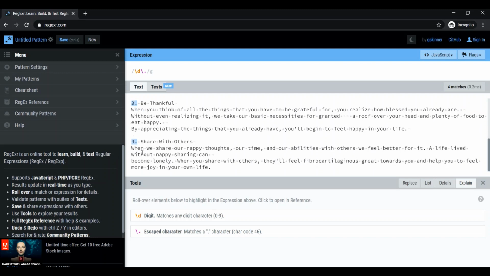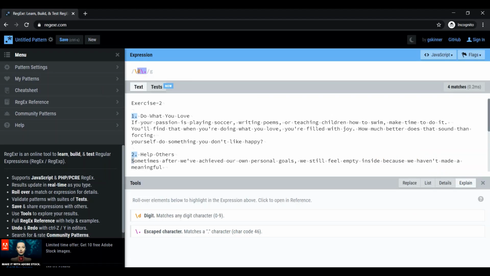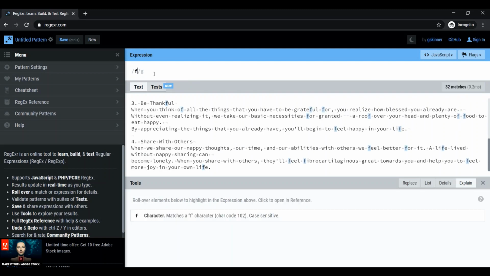So question 3 is solved. Now comes: write a regex to find an 18 character word that starts with F, and then we should have 18 characters. So here what I'll do, I need to write F, then we can use \w to match all the characters which are left in the 18-character word.